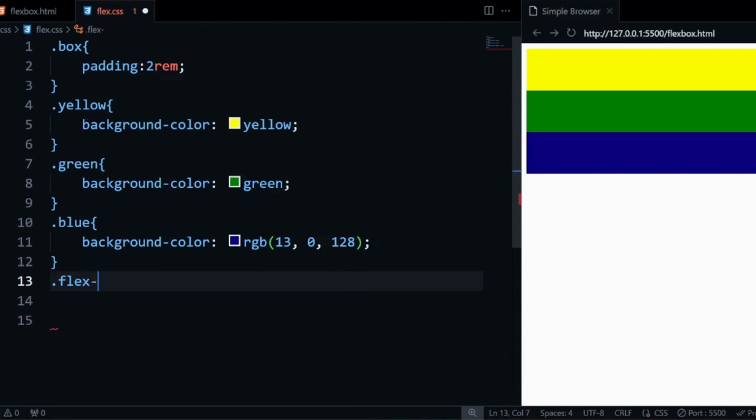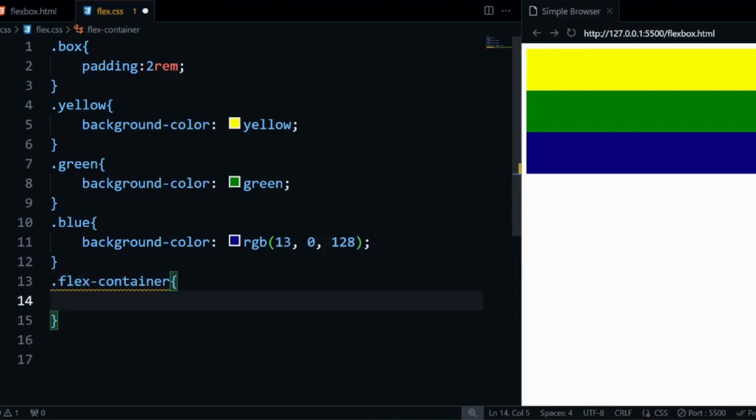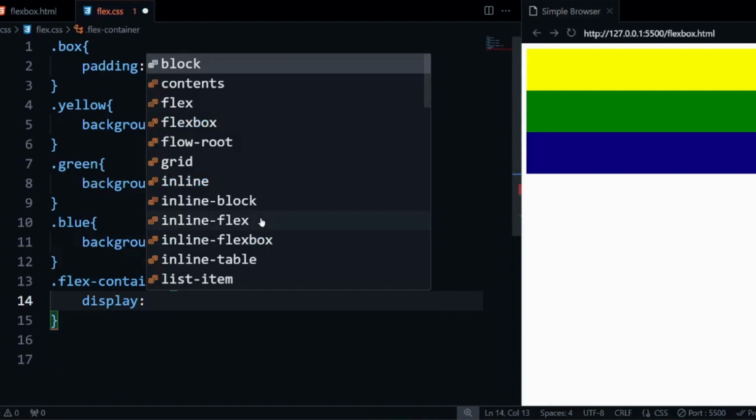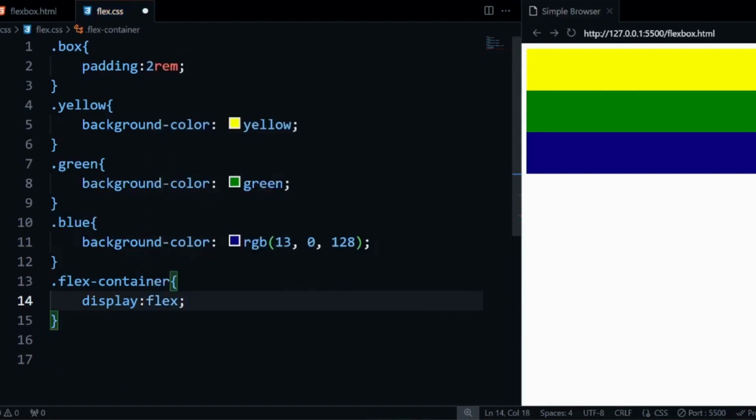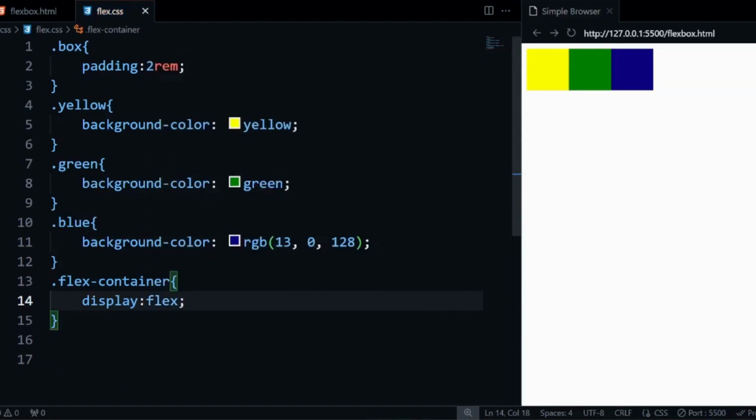I am just changing the display property of my div flex container as display flex.